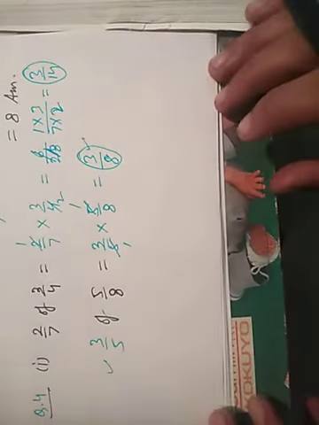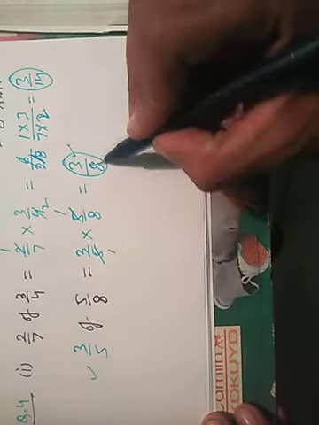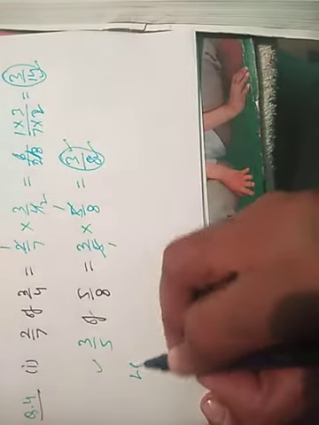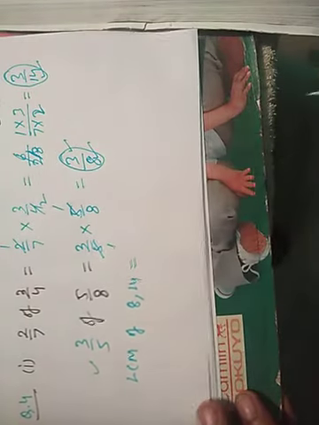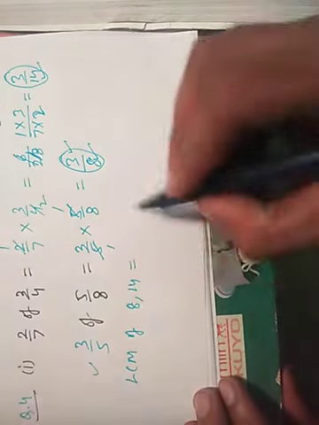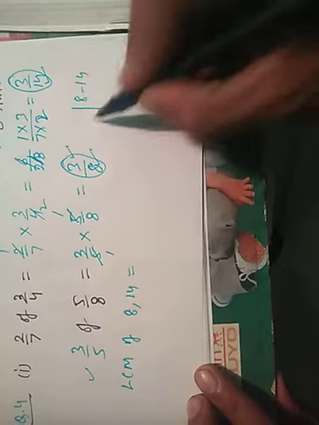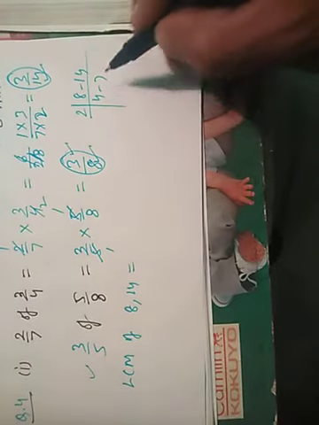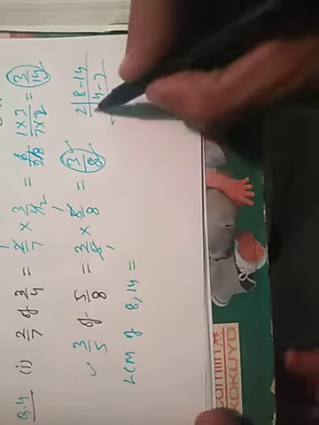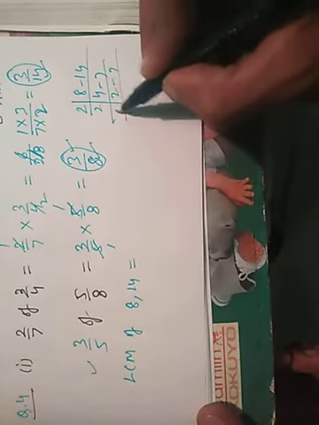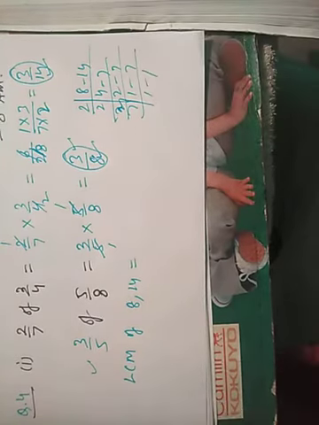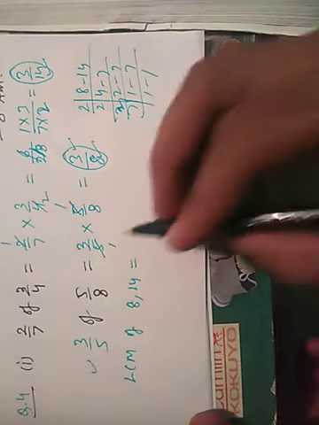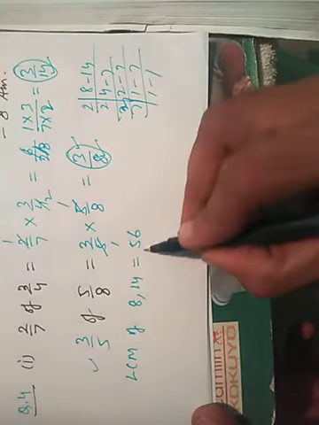तो उसके लिए हमें क्या लेना पड़ेगा, एलसीएम लेना पड़ेगा दोनों का. सो इसका डिनोमिनेटर 8, इसका 14. तो हम लेंगे एलसीएम ऑफ 8 एंड 14. हम देखते हैं कितना एलसीएम आता है हमारा. तो एलसीएम निकालते हैं 8 14 का. 2 4 जा 8, 2 7 जा 14, अगेन बाई 2, 2 2 जा 4, अगेन बाई 2 एंड बाई 7 1. सो 2 2 जा 4, 2 4 जा 8 and 8 7 जा 56. So 56 is the LCM.